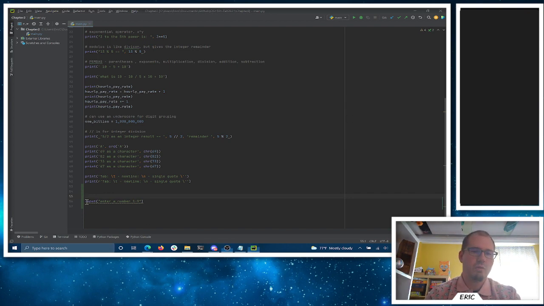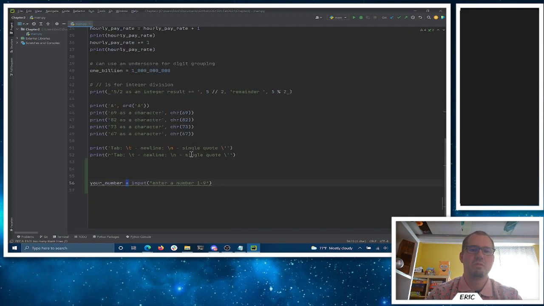So we're going to say, okay, I want to save this as your number. So your number is equal to, or we're going to assign. That's probably a little small, isn't it? Let me zoom in a little bit more. We'll say your number is equal to, or we're going to assign whatever we get here on the right to this variable here on the left. Now, if we want to deal with arithmetic, we need to make sure that this number is going to be treated as an int. So we'll say, hey, int of this input will be your number.